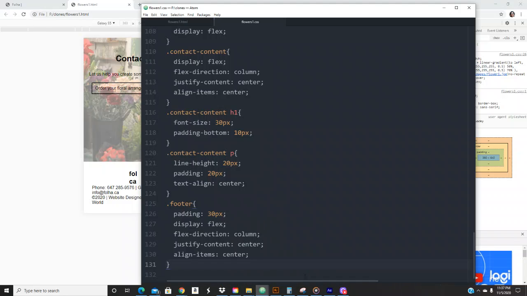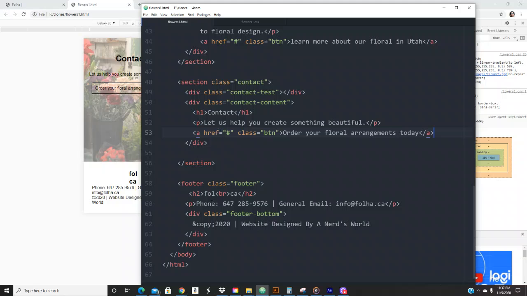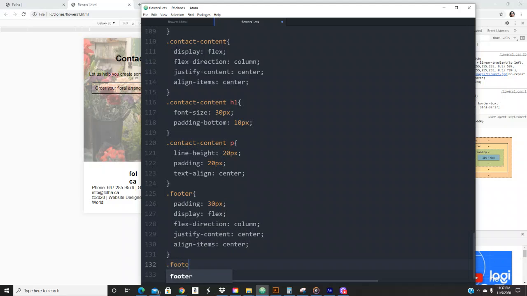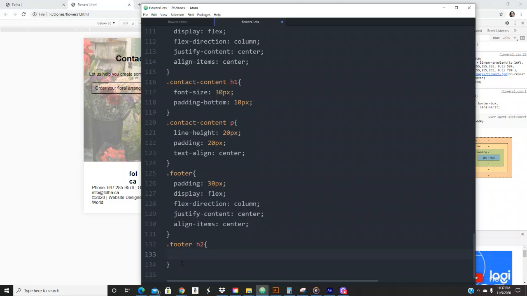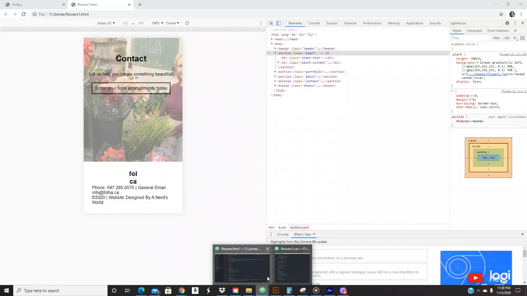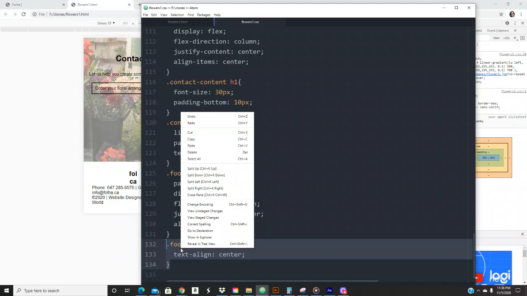So we gotta now... Where am I going? I'm losing track of my stuff. So I use that footer H2 and P. Okay, footer H2. So we need the text align. We got to center the text. We might use some padding right here. Oh, wait. Yeah, it did. It did for that. Okay. Now I need also